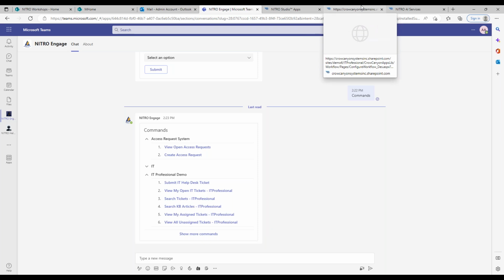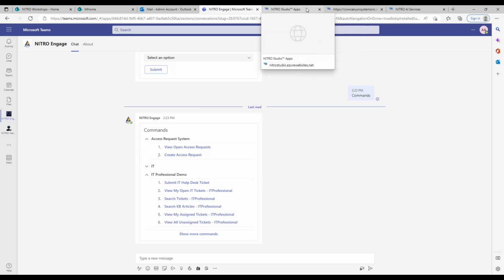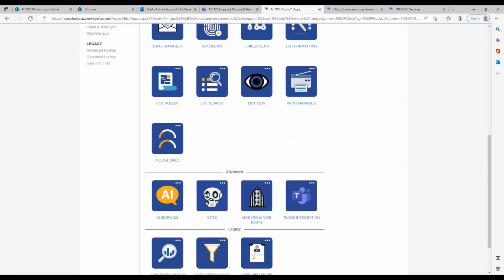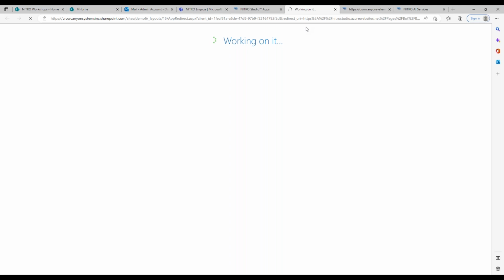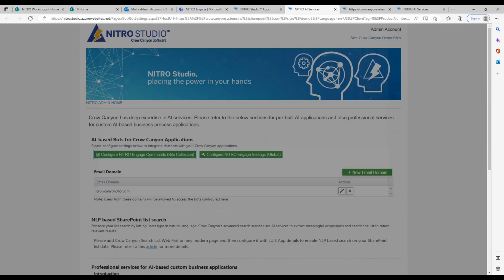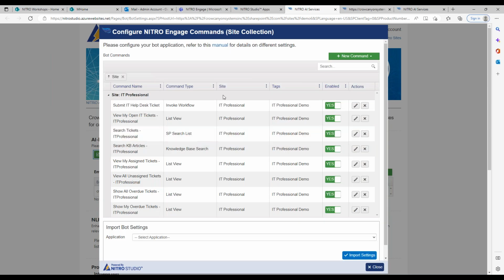How we do that, before we get to this stage, is through our AI services. If you go to NITRO Studio Apps, go to Bots, it's going to open up this AI services page. The one you want to focus on here is this configure NITRO Engage commands for the site collection. I'm not going to go into the bot in great detail because that wasn't really the intention of this particular workshop, but I want to show you that you can start off a process from the NITRO Engage app,